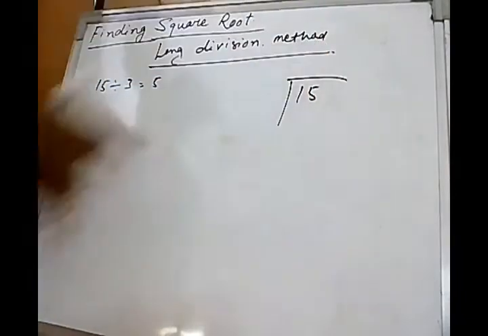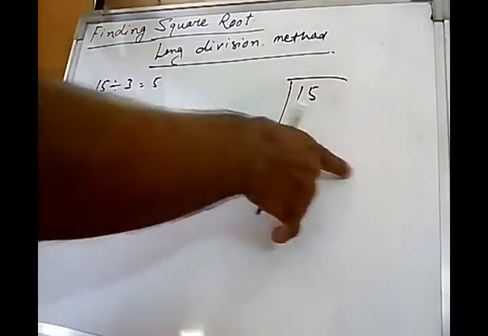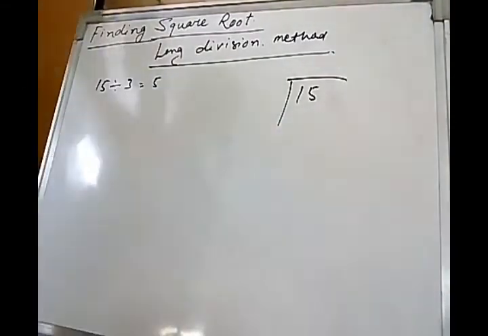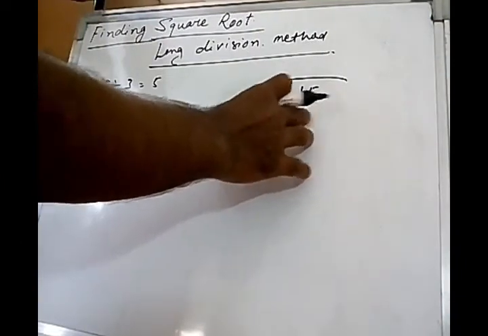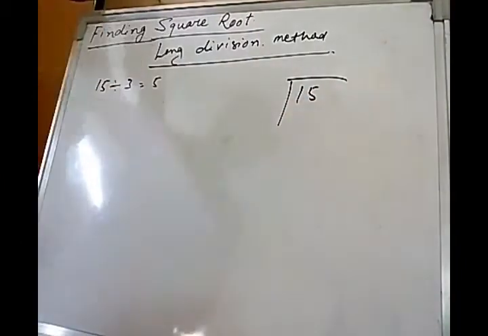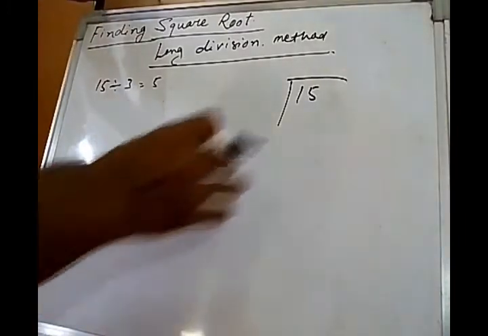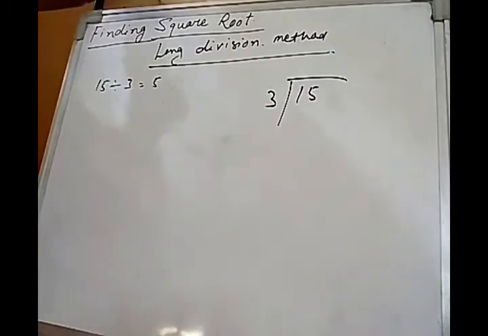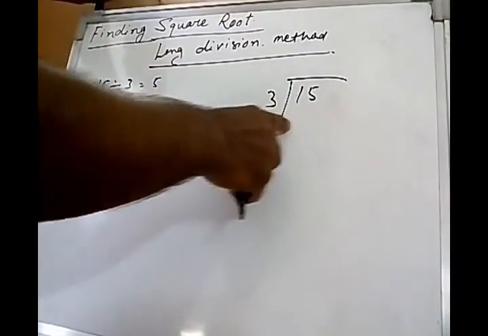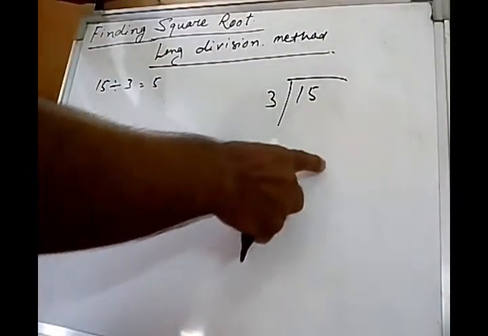So this is called what? Quotient, and at the end we are getting the remainder, so this is called the remainder. Now our aim is to get 15 here, because our aim is always to get 0 as the remainder, then only our division will be a success. So I am dividing by 3, so my aim is to get 15 here in the dividend, then only I will get the remainder as 0.